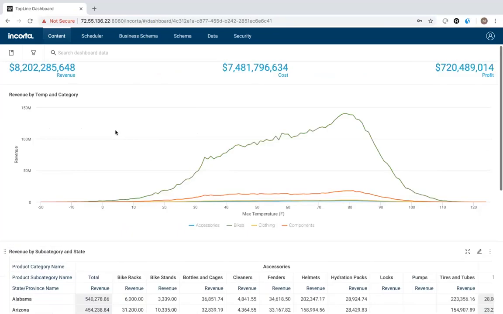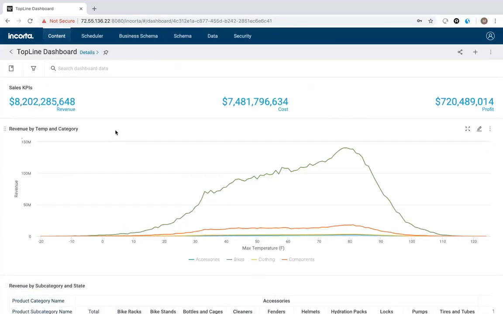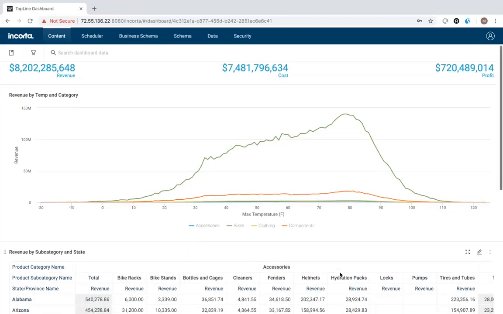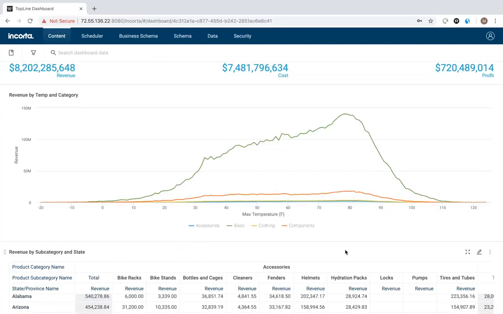The thing I want to highlight is the nature of data. So, as I said, you all internally may have Tableau, you may have MicroStrategy, you might have Excel dashboards, doesn't matter. And you can build views that look like this. I can show you my total KPIs of $8.2 billion in revenue and $7.5 billion and $720 million in profit. I can show you my breakdown in a line chart. I can show you my category and subcategory. All that data is good, and it's correct, but it's not your real data.